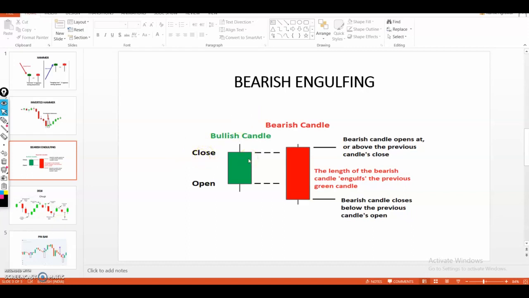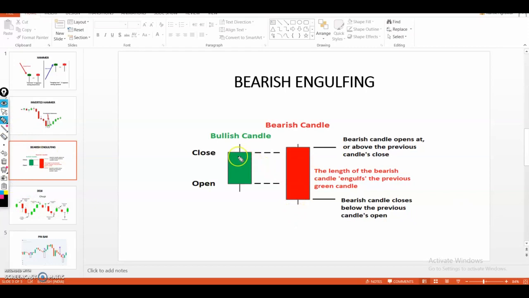So let's understand, friends, what the bearish engulfing pattern is, what the rules to identify it are, and how we can interpret it and trade accordingly on the short side, right? So friends, as you can see in the image given,